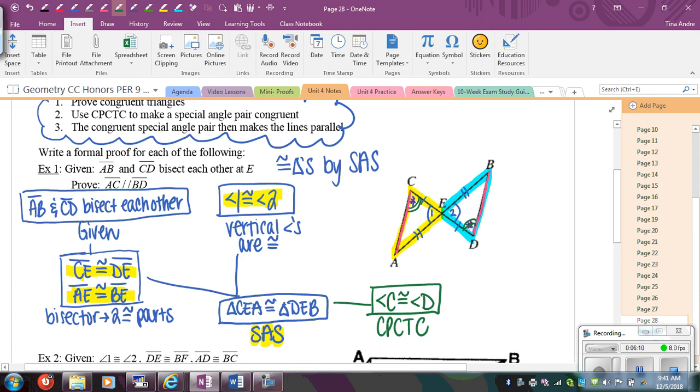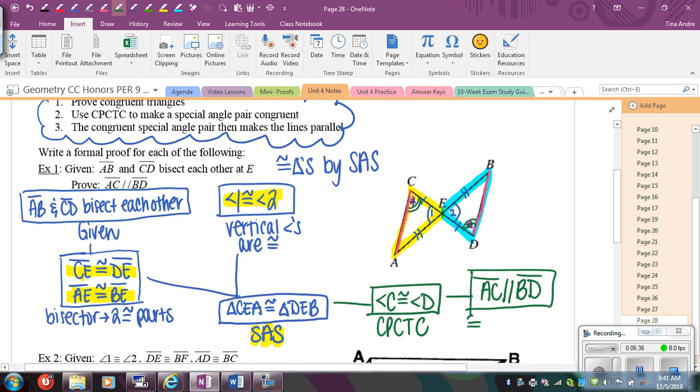I could have said that those were congruent angles and those would also be congruent alternate interior angles, which being congruent would prove parallel lines. So you just pick and choose which pair you want to use, C and D or A and B. And then from there, since those angles are congruent, now I can say that the lines must be parallel. So I can say AC must be parallel to BD,